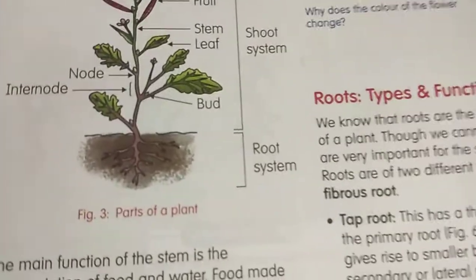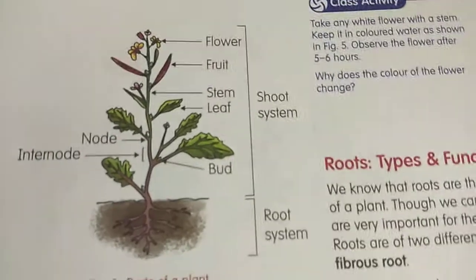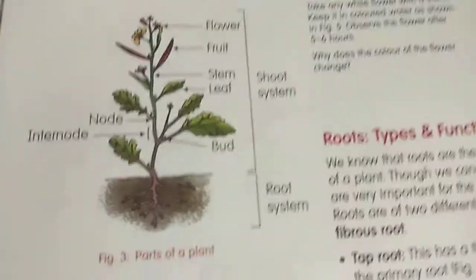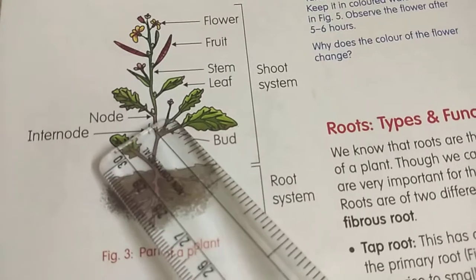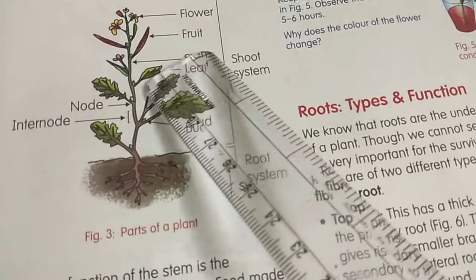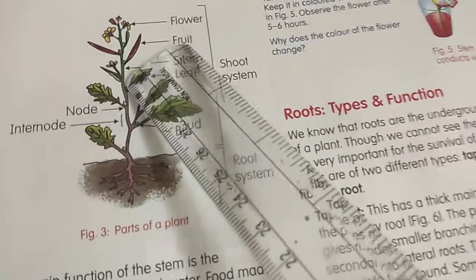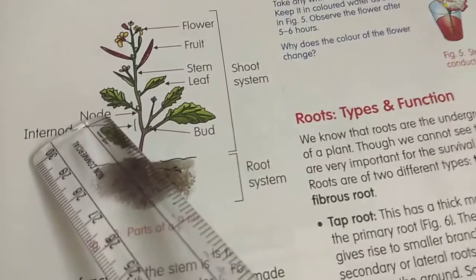What is a node? On the stem, whether it is a flower or vegetable or fruit or leaf, wherever, see here one attachment, here one attachment, here one attachment. So all these you can call nodes, where this leaf is coming and connecting here, where this vegetable is coming and connecting. This point you can call a node, N-O-D-E.